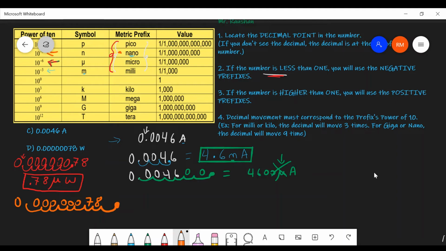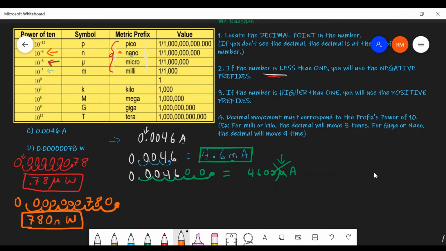Now, I moved it 9 times, but there's an empty spot right here. Right? After the 8, there's an empty spot. What happens with this empty spot? We fill it up with a 0. Any empty spots, we fill it up with a 0. So what will be my answer? What will it look like? Well, it'll look something like this. 780 nanowatts. Right? Nanowatts. 780